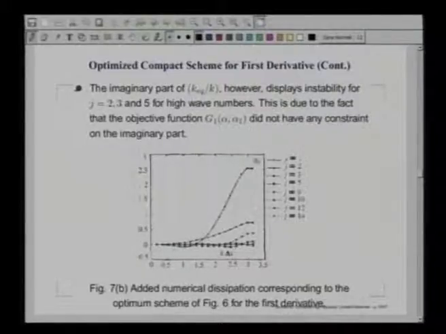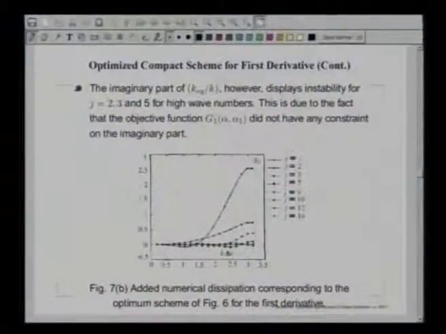If you look at j equal to 3, it remains stable, then again becomes unstable. So, it has windows of stability and instability. So, what we are looking at here is that in the process of minimizing error, we have not been able to keep